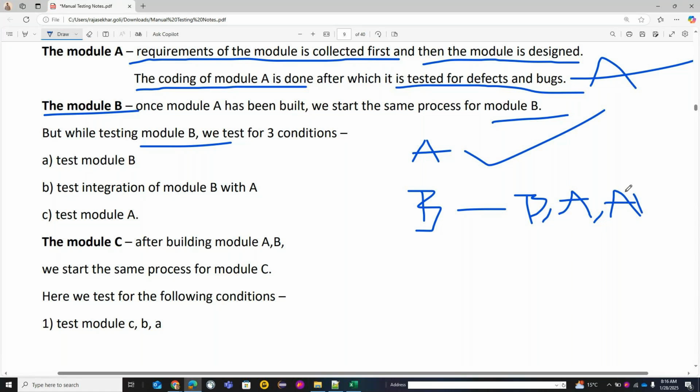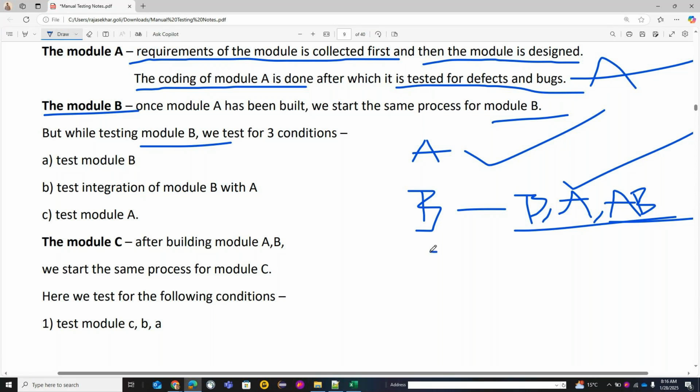Whenever B is developed, we integrate it with A. As I said, the first 5 features are developed. Whenever you develop features 6 to 10, after developing you need to integrate them with that application. That is called AB. After integrating, has anything happened to module A? So these three conditions have to be checked in B.